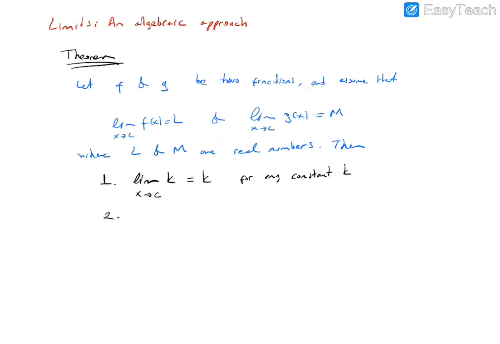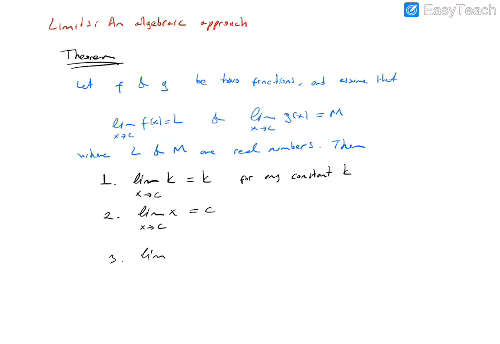Second one, the identity function. The limit of the identity function, which is x, as x approaches c equals c. From the graph you can obtain this result easily. Basically you can see. Third one,